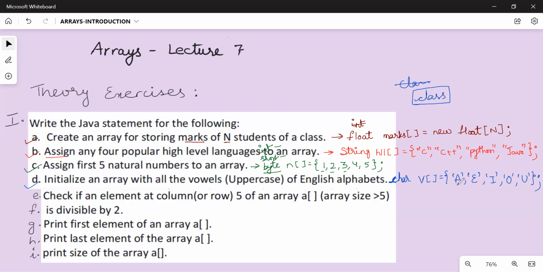Okay, here these are character constants, therefore they are enclosed within single quotes. Fine. So this is an answer for that. Now coming to the E bit,